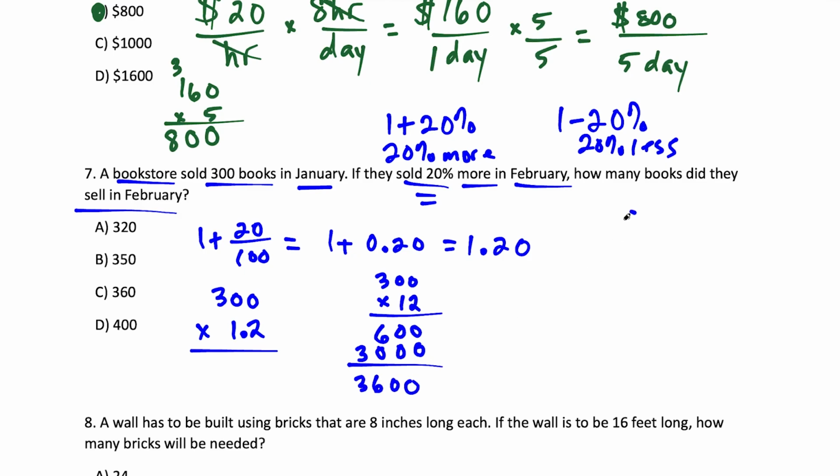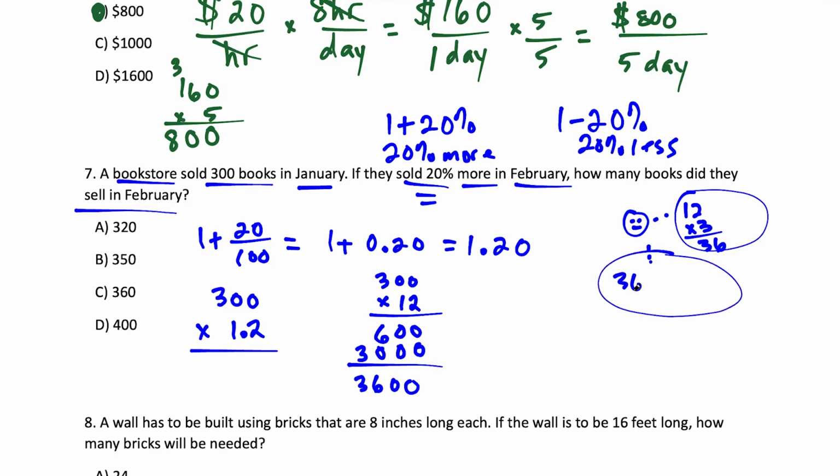If you wanted to do this math in your head, just imagine that you're doing 12 times 3, and 12 times 3 is 36. So if I multiply by 300, I just write 36 with 2 extra zeros. So from here, I just want to think about this. If I'm doing 300 times 1.2, notice that's 1 decimal that I have to pay back. So this decimal over here in front of the 3,600, what I'm going to do with it is move it 1 space to the left like this. So that's going to bring us to 360. Okay, so this tells us that 300 times 1.2 is 360, and that would tell us how many books were